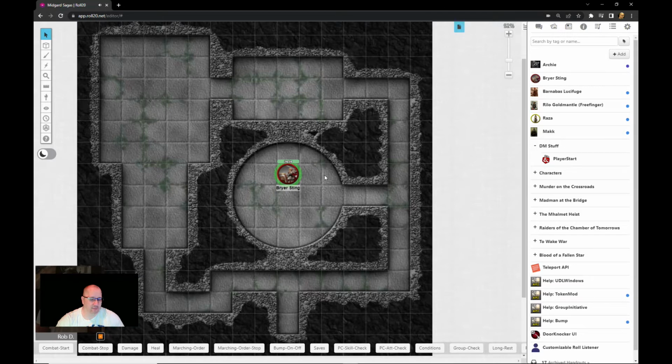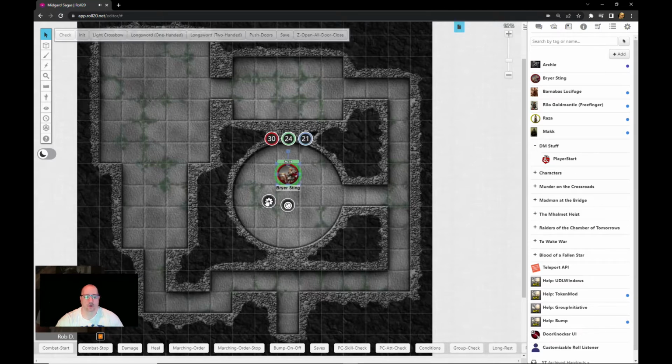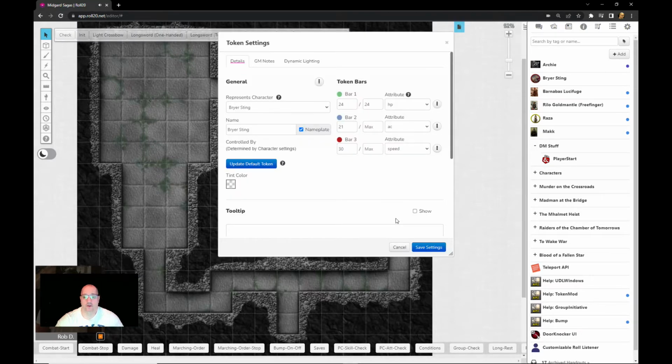But in case you have to roll up a new character, go to the gear on the token, and in the attribute section here, pick hit points, AC, speed, and then save settings, right? And whatever name you want, sometimes these names get changed. As long as this character represents Briar's thing or whoever it is, name string, nameplate if you want it, save